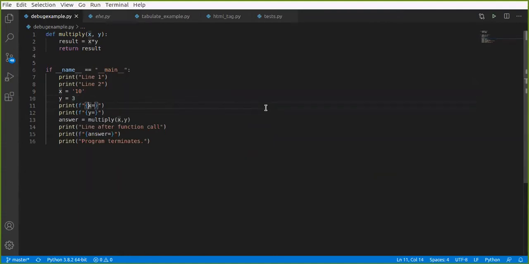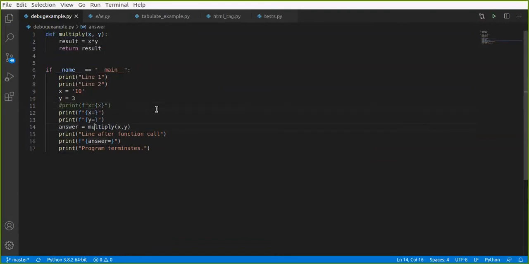So if you want to print a variable, x equals to something, ideally what we used to do is say x equals to, and put it like this, and it will print on the console x equals to and the value of x, given that it is an f-string. But in Python 3.8 onwards, you just put equal to in front of the variable and it will do the same thing as this print statement. So I'm just using a little new syntax. I'll comment it out for people to compare.